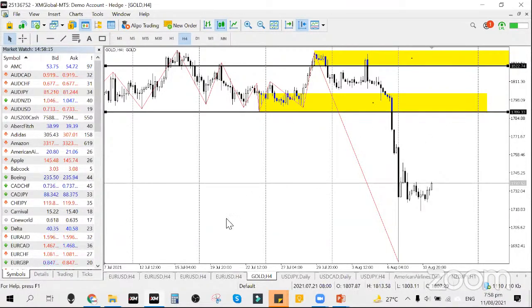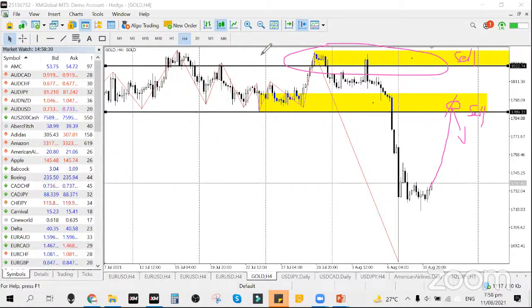Okay? So, if you're looking to sell gold, we have to wait for gold to actually come back up here before we are able to sell. Okay? Kapag tinagusan niya yan, yung next level, dito tayo magbebenta. Pero itong level to, parang alangan tayo kasi malambot eh. Okay? Now, if we're going to buy,